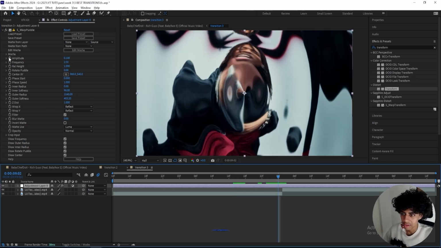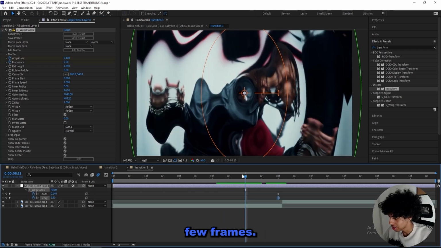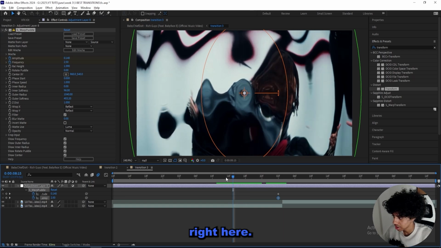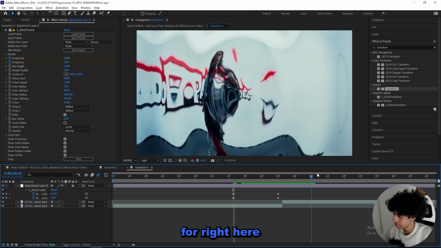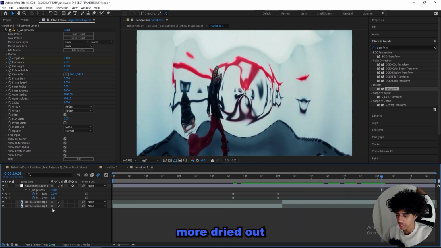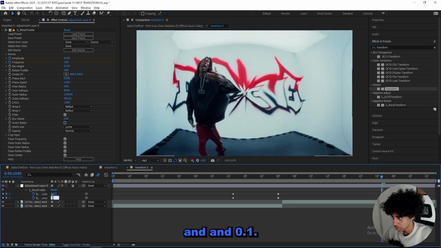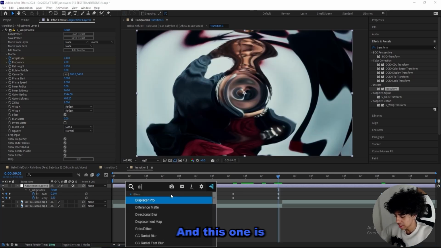And now I'll keyframe the amplitude and frequency and go in just a few frames, not too many, just like right here. And I'll turn them both down to 0 and 1. And then for right here, we can have it a little bit more dragged out before it turns down to 0 and 0.1. So now the next effect I'll add on is a distort chroma, and this one is of